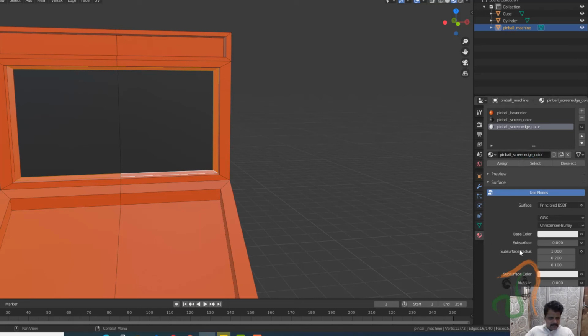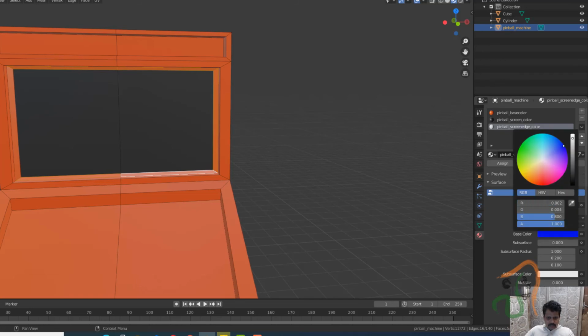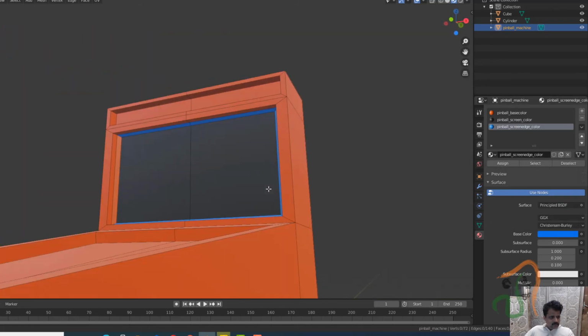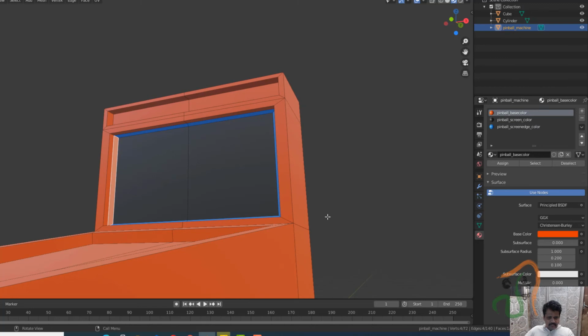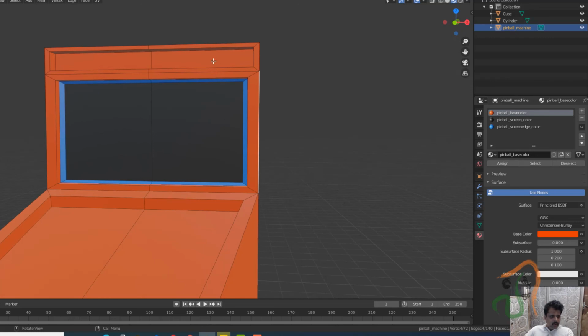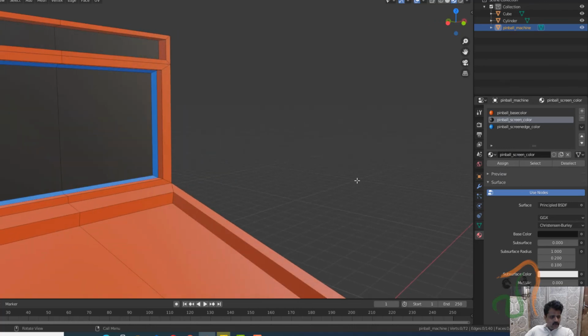Give it a name, and for this let us choose some dark or some blue tint color, and then click assign. So we shall also select this color and click assign. Okay, so let us make it colorful, and on the top name board select both of these and apply the screen color for this. Okay, fine.